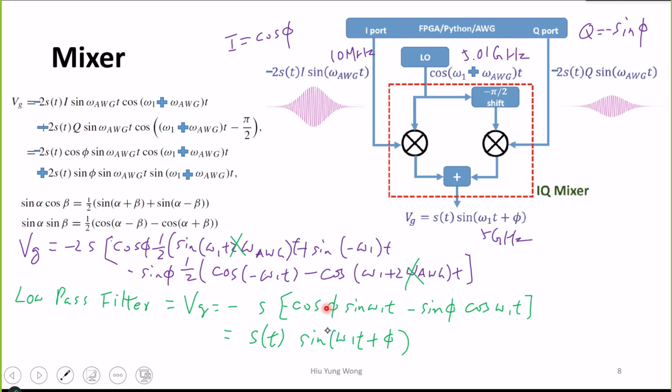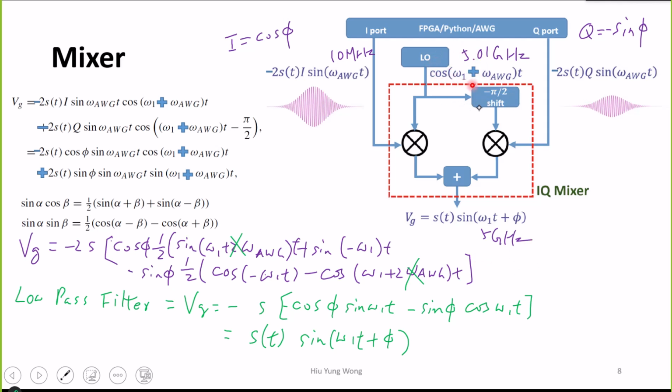Just use the identity: cosine A sine B plus sine B cosine A equals sine A plus B. Okay, so don't worry about the identity now. So what is the value of this slide? The value of this slide is that I demonstrate to you I can generate this waveform by having a local